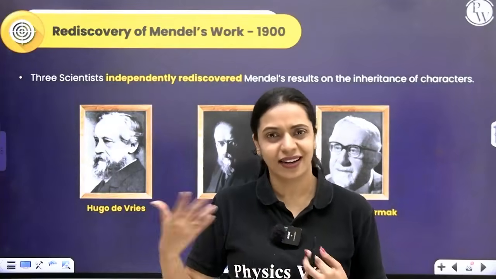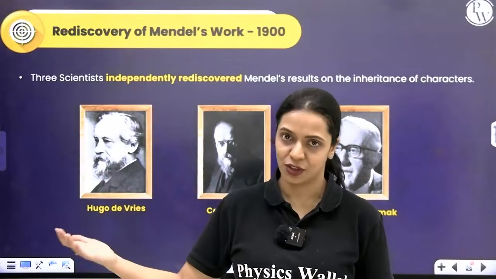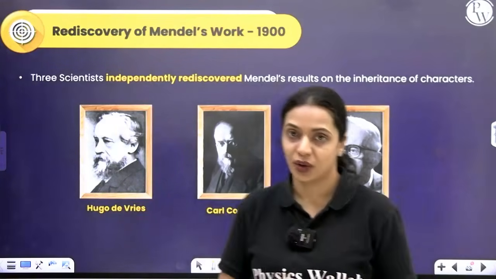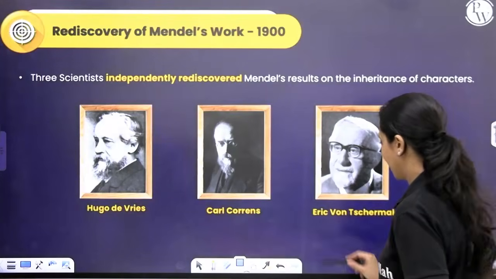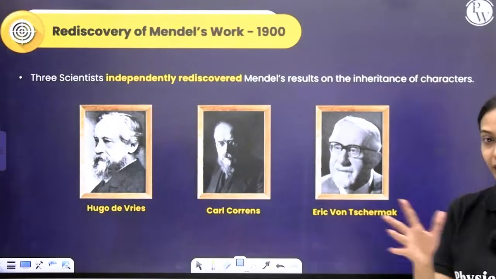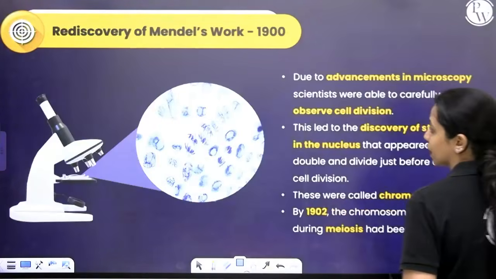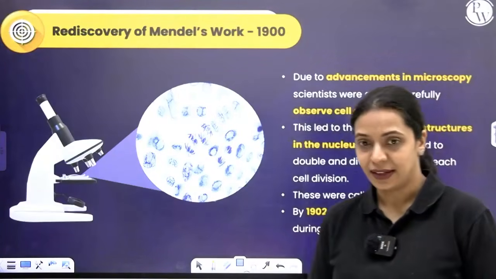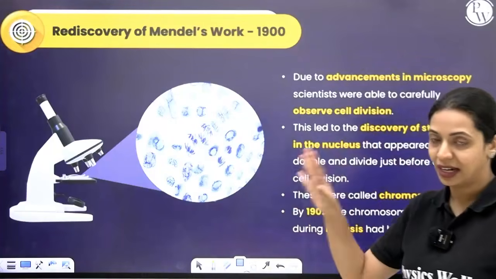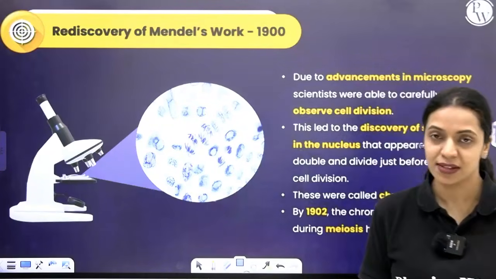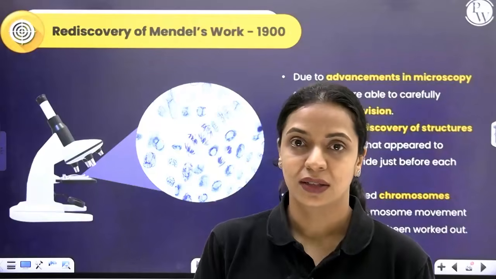While these people were also interested and curious about genetics and wanted to learn how inheritance works, they studied whatever researchers had previously worked on, and they discovered his work. These three people are Hugo de Vries, Carl Correns and Erich von Tschermak. They weren't working together; they independently rediscovered his work. By around 1900, microscopy was very advanced and people had worked out how the